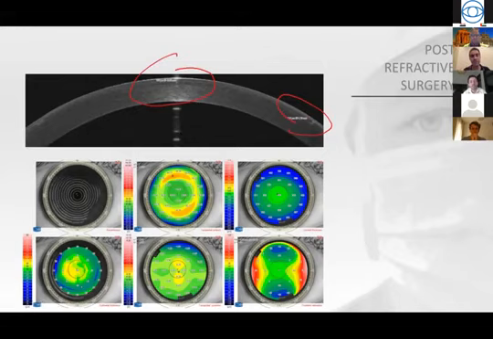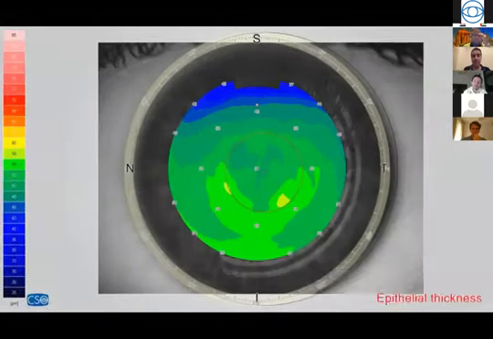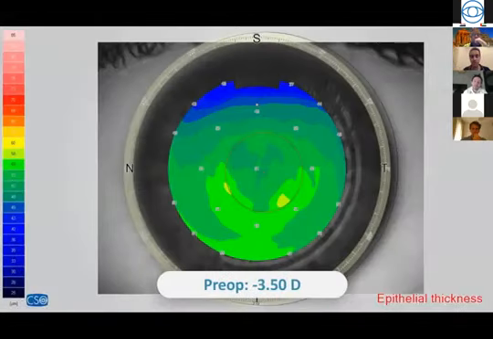So I don't have anything in mind, and I don't do regular high definition OCT right away to save time. But I can tell right away the depth of the flap centrally and in the periphery. I can tell the patient had previous refractive surgery, and he had LASIK as well. And by looking at the epithelium, I think that's even more important to follow your patients. So if you try to make it a point to do the